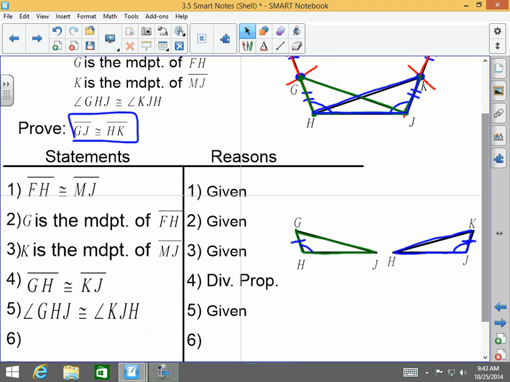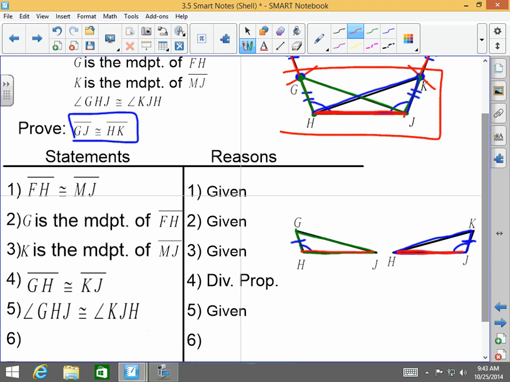Okay? Look at this HJ. That had a blue and a green overlap on it. And if you look at the individual separated triangles, HJ and HJ are both the same segment. They're both the same segment for both of these triangles that we separated. So we can clearly state now that